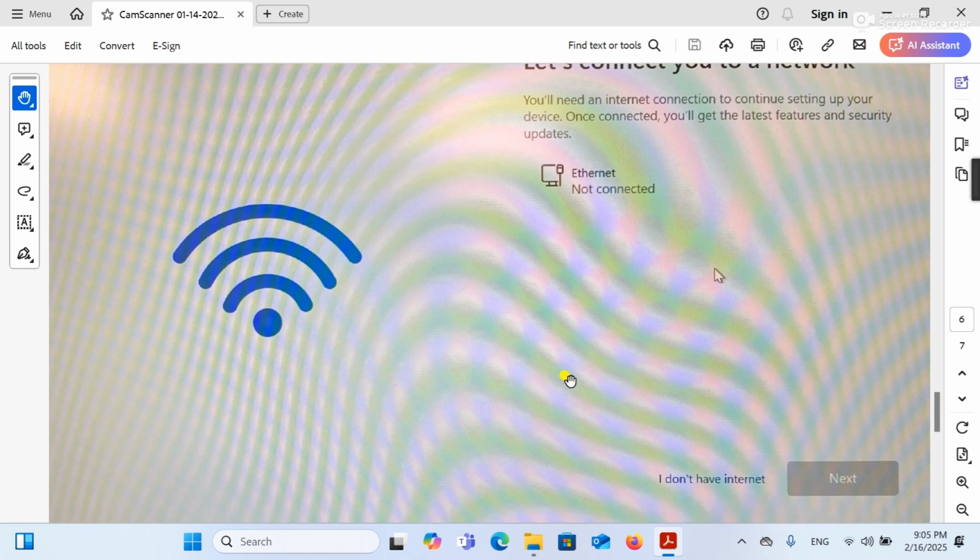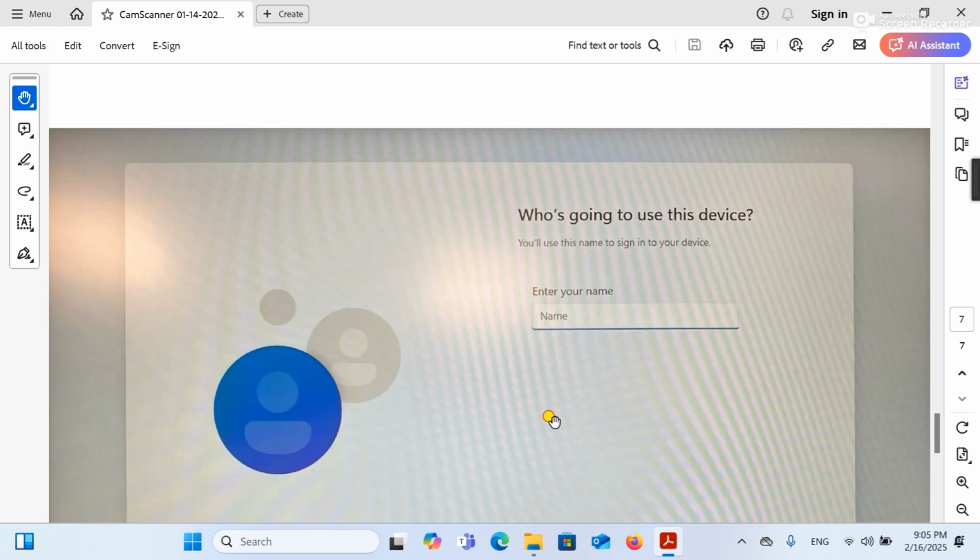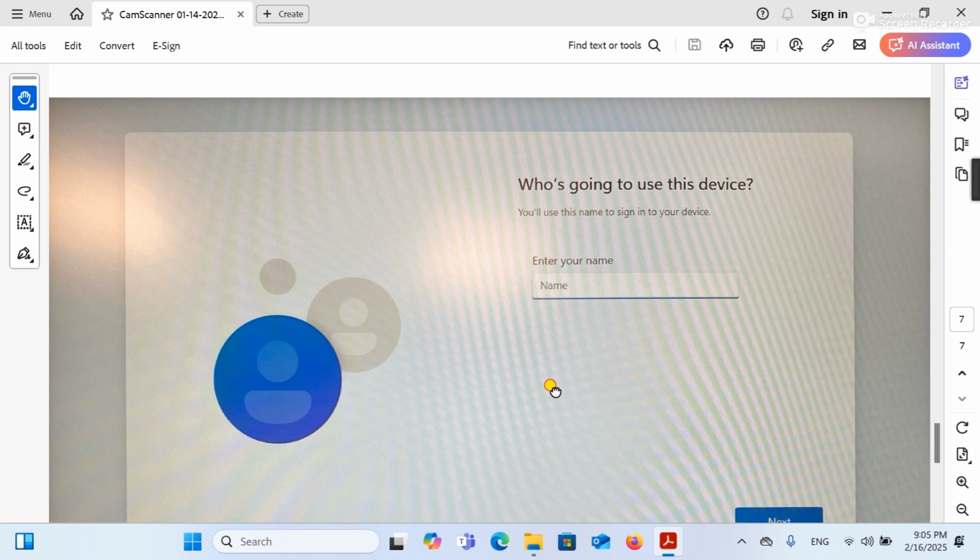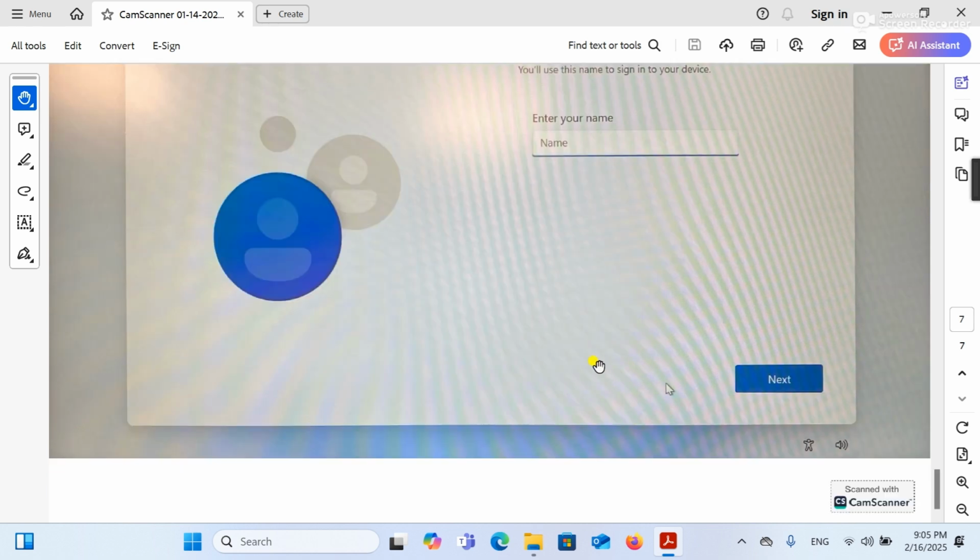After pressing I don't have internet, it will allow you to enter the local name of your PC and to make the local administrator account of your PC or laptop, and this will help you to proceed further without signing in to the